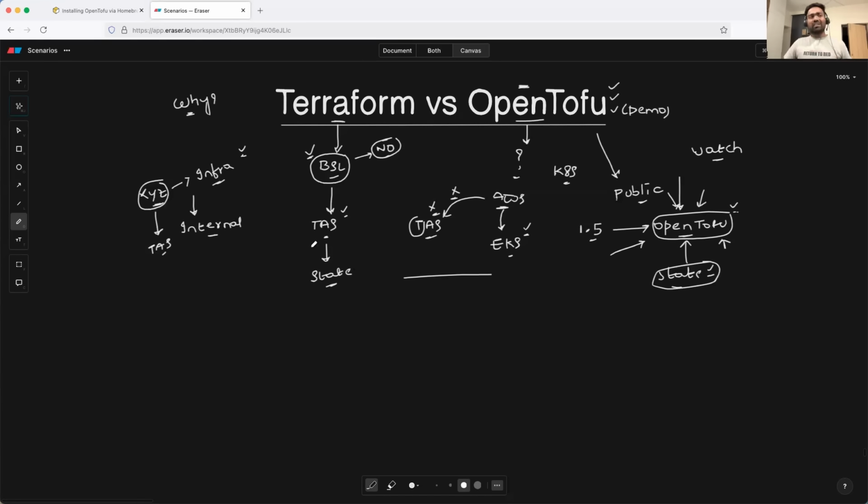As a DevOps engineer, whether it is Terraform or OpenTofu, you don't have to worry, because OpenTofu is maintaining CLI compatibility, API compatibility, and also provider compatibility. So your life as a DevOps engineer is going to be easy even if you have to migrate from Terraform to Tofu. I hope you found this video informative.